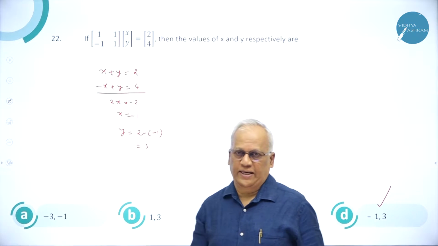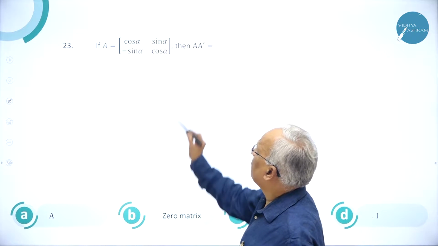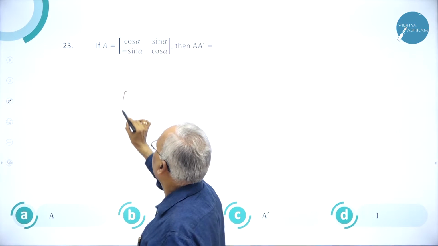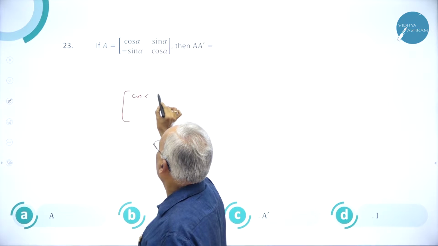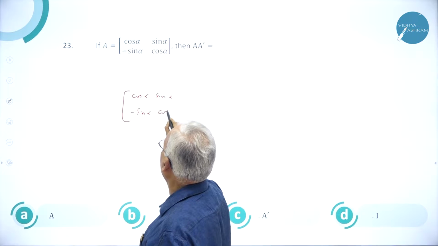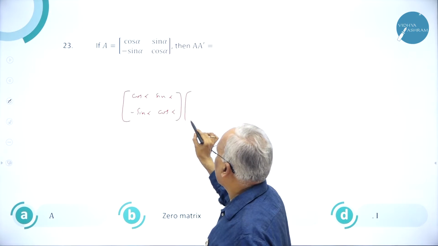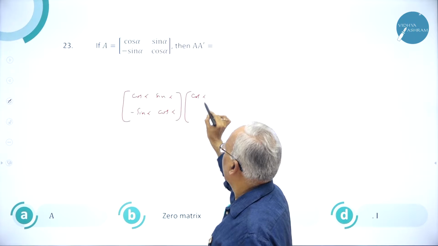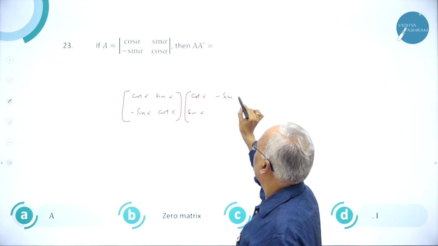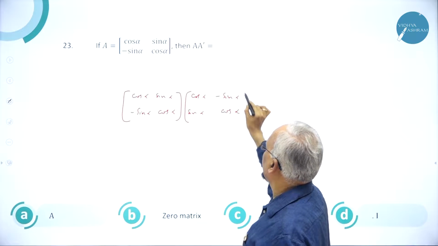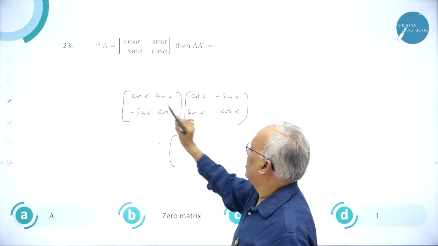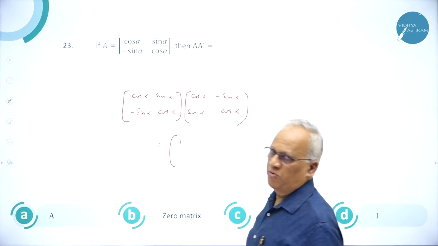Okay? Next. A is cos alpha sin alpha minus sin alpha cos alpha. Then what is a dash? So you know a is cos alpha sin alpha minus sin alpha cos alpha, into a dash, the transpose of this: cos alpha sin alpha. You are writing row in column, minus sin alpha cos alpha. Second row is second column here. Multiplying, you see here, it is first row into first column, cos squared alpha plus sin squared alpha, 1.